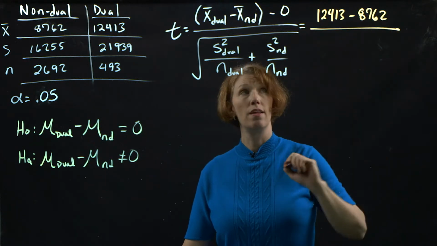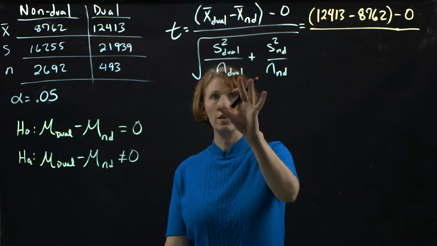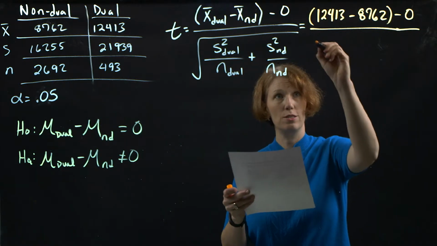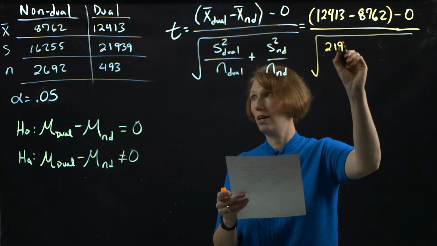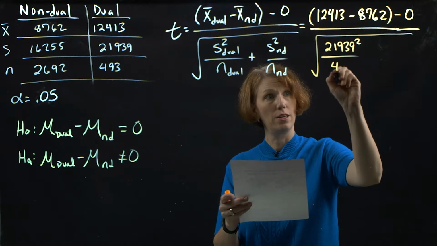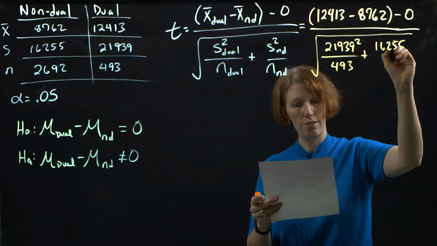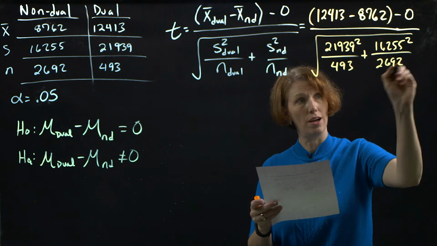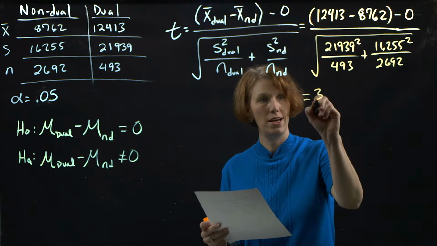That's the point estimate of the difference, minus 0. And then we're going to calculate out this denominator here. And I don't want to make any transcription errors, so we're going to have the square root of 21,939 squared divided by 493 plus 16,255 squared divided by 2,692. So when one crunches through all those numbers, you should get a test statistic of